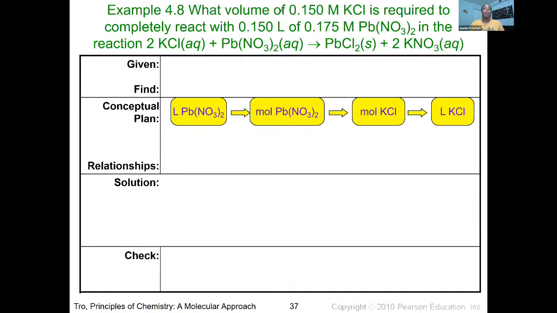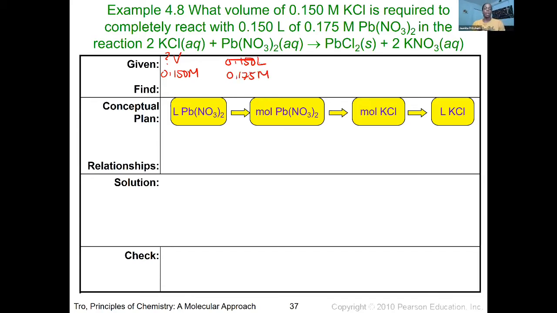Let's take a look at a problem like so. It says, what volume of 0.15 molar KCl is required to completely react with 0.15 liters of 0.175 molar lead nitrate in the reaction that's shown here. Again, let's write down what we know. We're looking for the volume of the KCl, and we know that it is 0.150 molar. Other information we know is that we have 0.150 liters of the other reactant and 0.175 molar lead